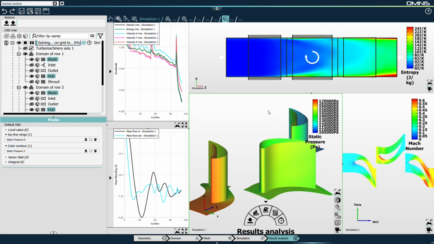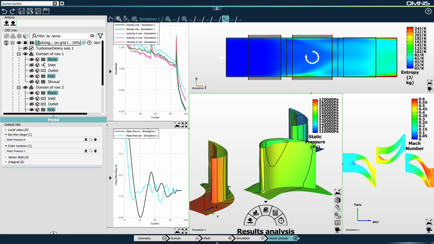The next time that the solver or the co-processing refreshes the solution, we see these iso-lines being updated in the solution being shown, and these iso-lines, similarly to all the other plots, will reflect the evolution of the solution over time. So here we can see that the convergence is pretty fast. It's because I've activated CPU booster. That's why the drop of residuals, as you can see, is very steep.